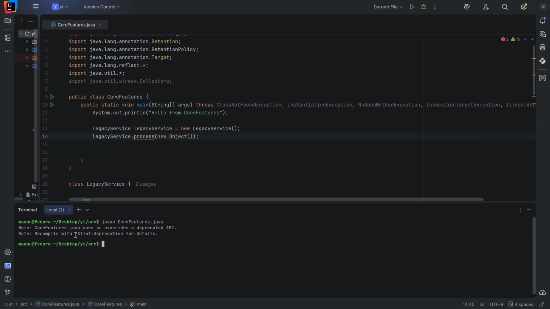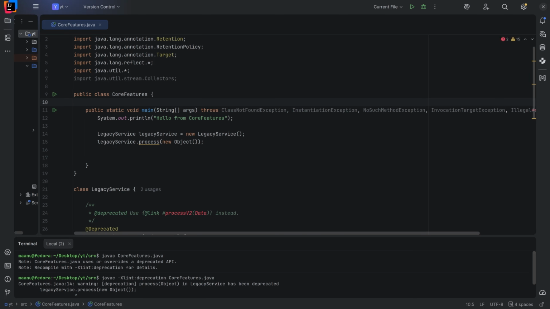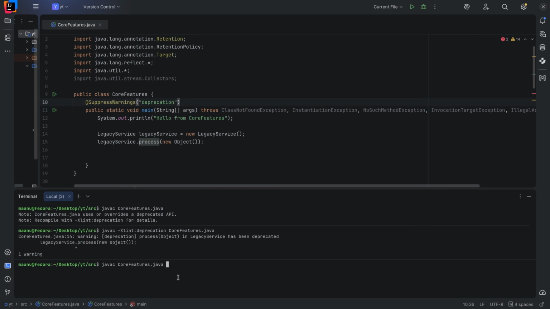And if we try to recompile with this one, now you can see we got the exact position where we are getting this warning. We have some ways to suppress this warning. We are calling this deprecated method from our main method. So here we can put another annotation, that is @SuppressWarnings("deprecation"). Now you can see we don't have any warning. And if we recompile this one,